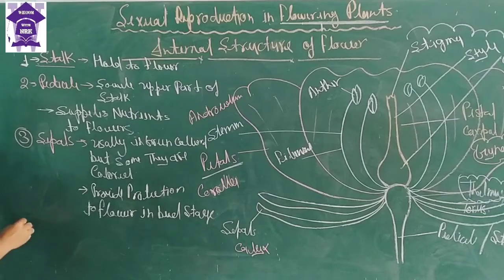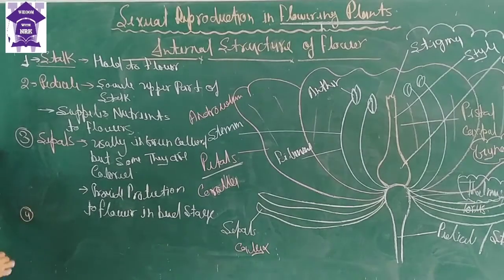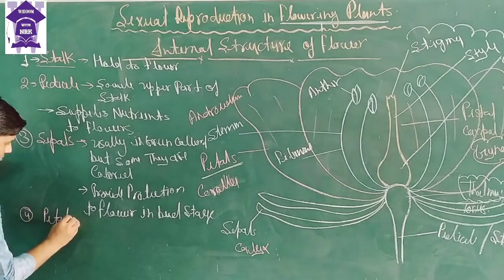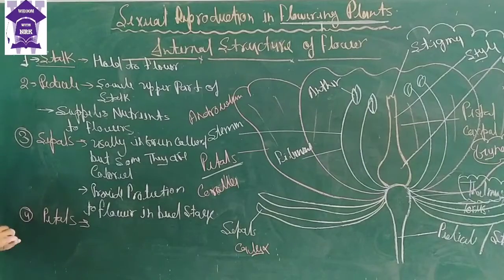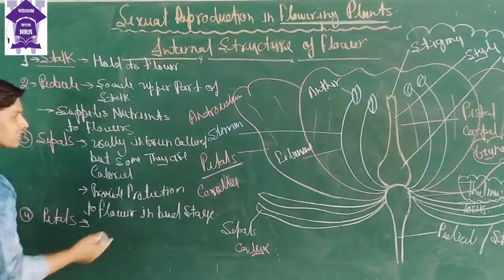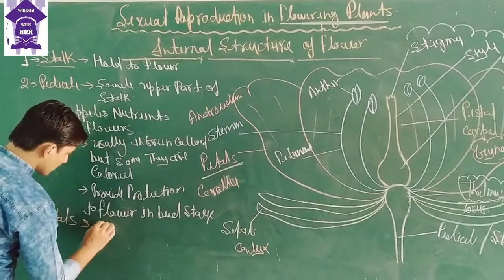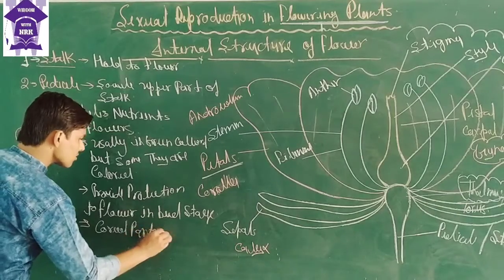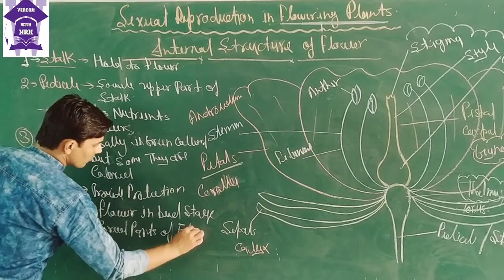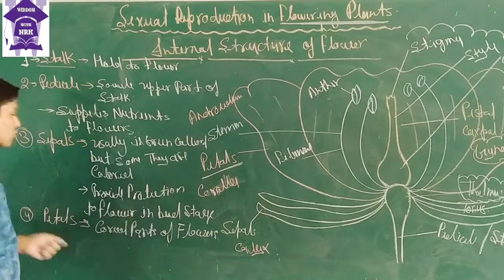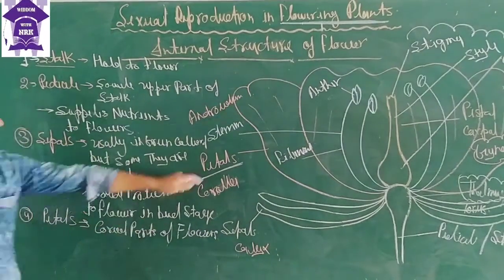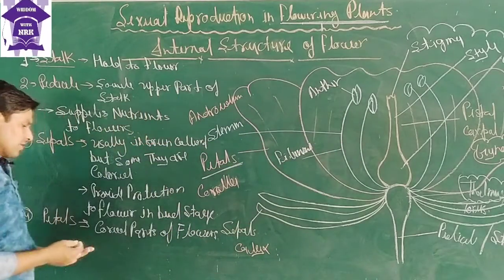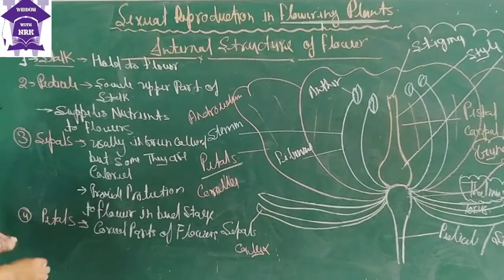After that we will reach the next point, the fourth point, that is known as petals. This is the next unit. If we talk about the petals, usually they are the color part of the flower. कैसा पार्ट होता है फ्लावर का? कलर पार्ट होता है. The red colors and some other colors are there. This is the color part of the flowers, and now the functions of the petals.